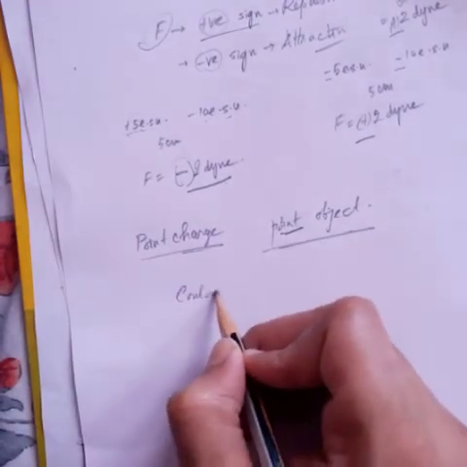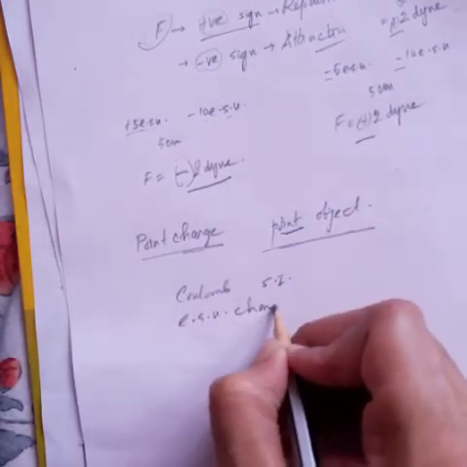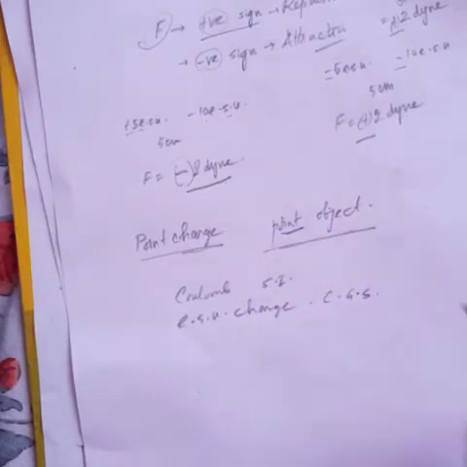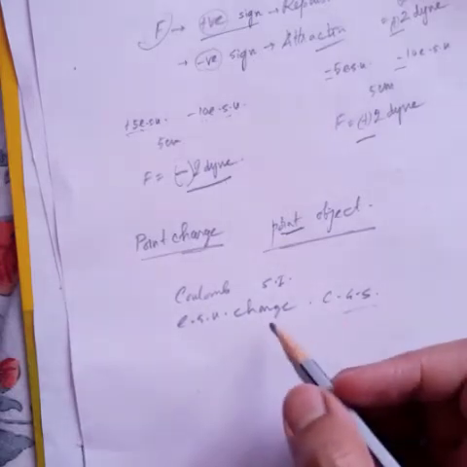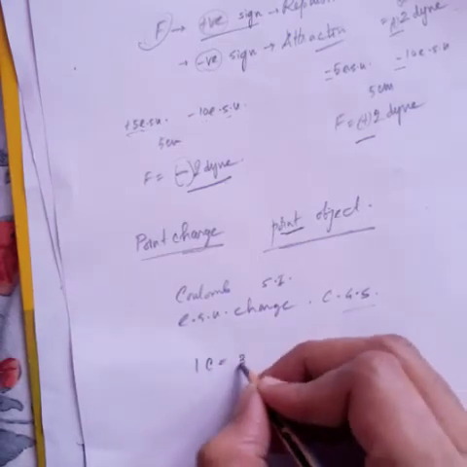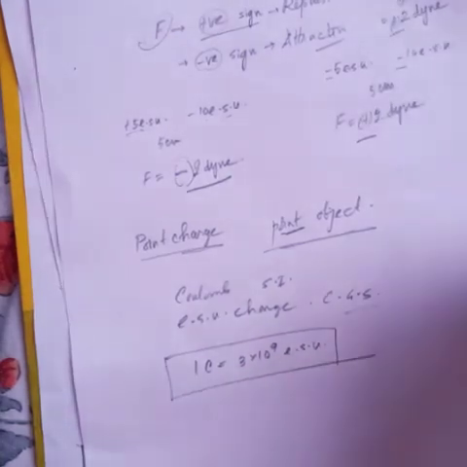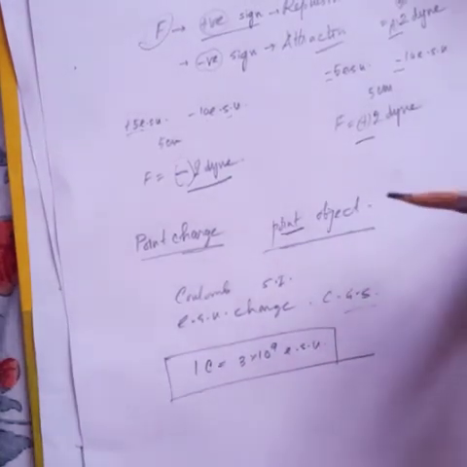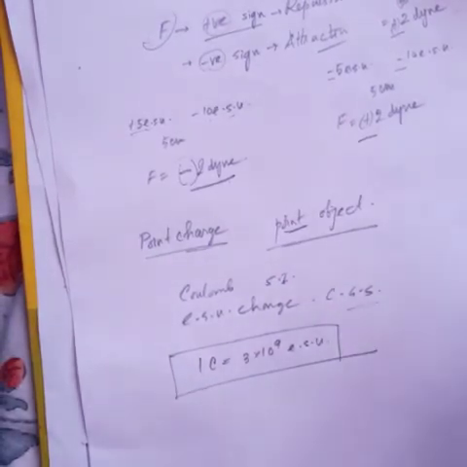Now as you know, coulomb is the SI unit of charge and ESU is the CGS unit of charge. So if a numerical problem comes in your examination in which you have to convert them, then what will be the conversion formula? 1 coulomb can be written as 3 into 10 to the power 9 ESU. This is very important for your examination. If in a numerical problem the given data are in a mixture of CGS and SI system, in that case you need this conversion formula to convert them.